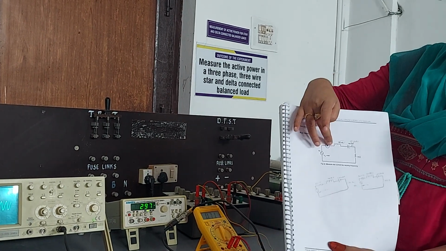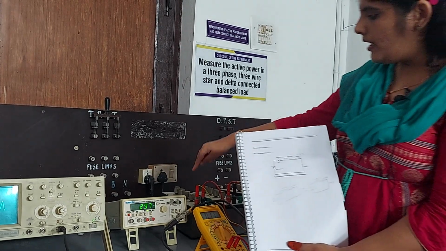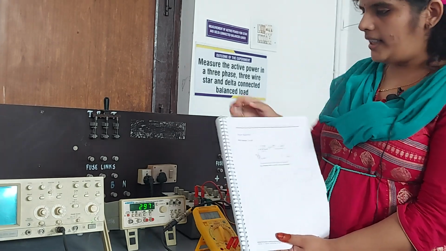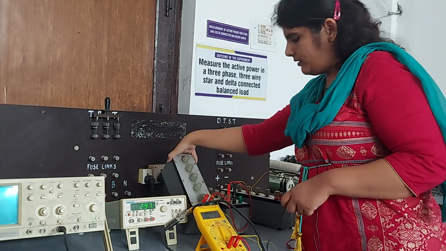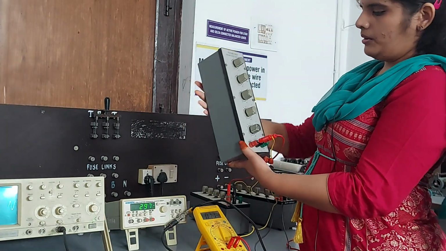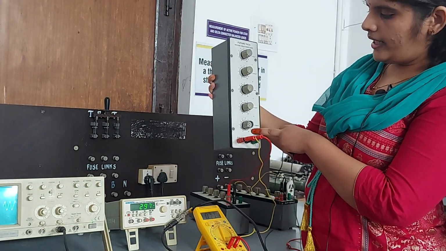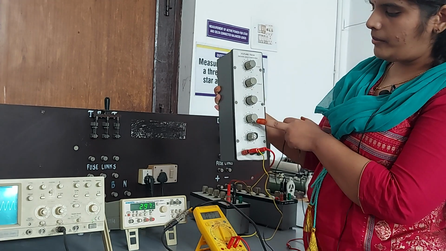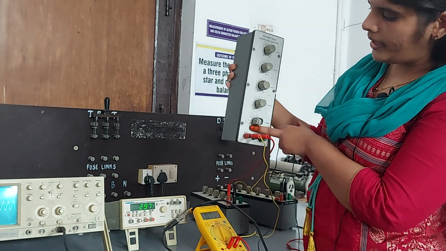From the other end of the ammeter, it is connected to the decade inductance box. This is 100 millihenry. In order to get 100 millihenry, you have to keep all the remaining knobs at minimum position. So, how will you get 100 millihenry? When you keep this knob at 1.